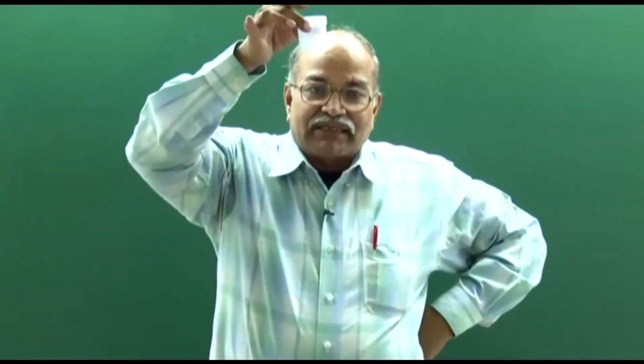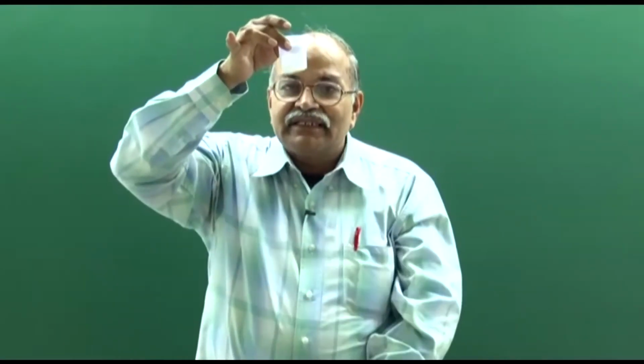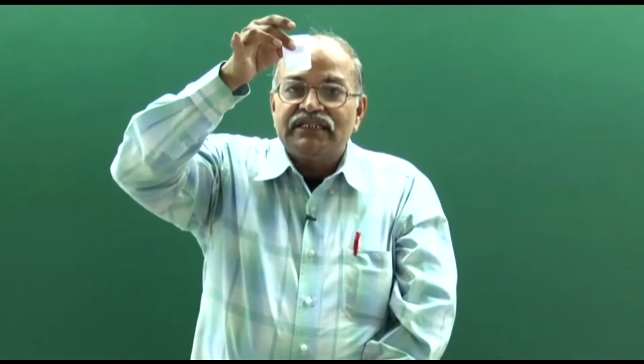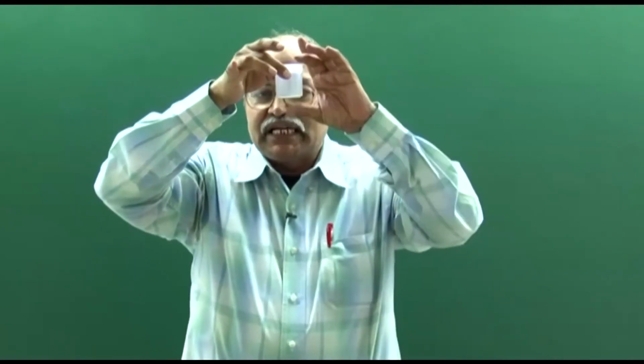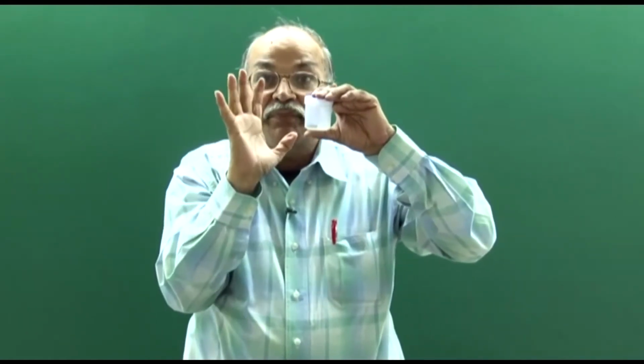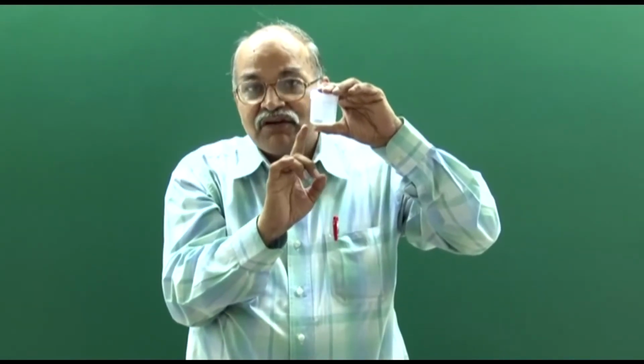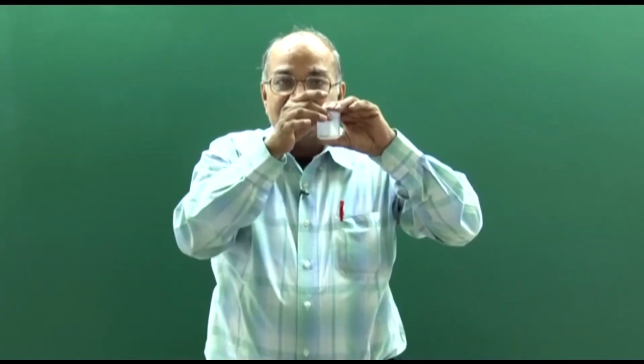Now, I will just drop it, so that this box will start falling with an acceleration g downward. So, this will become a non-inertial frame. So, with respect to that box, you will have to apply appropriate pseudo forces to discuss the motion of this ring magnet with respect to the box. So, see what happens. I am just dropping it.